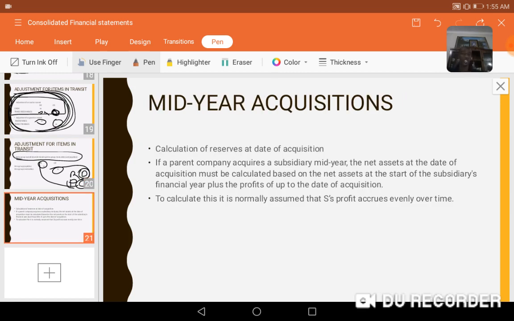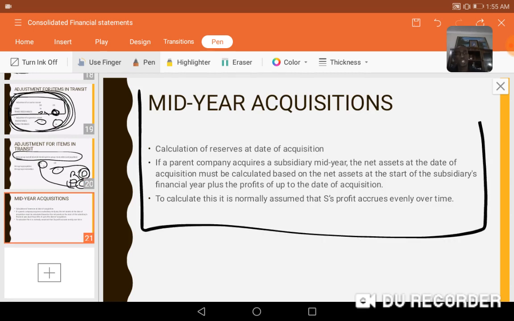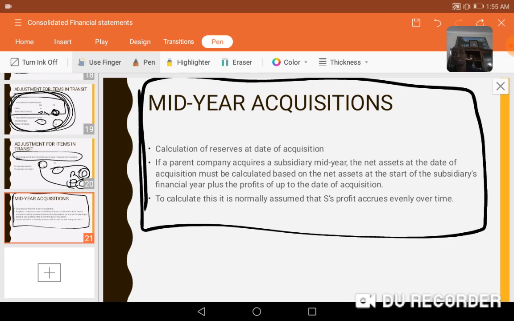Mid-year acquisition. I think this part I should maybe have taught earlier, when I was doing net assets, on the third, fourth or fifth slide, somewhere there. Sometimes, because here in consolidation, a company acquires the other company, then you consolidate the accounts. So it's not always that